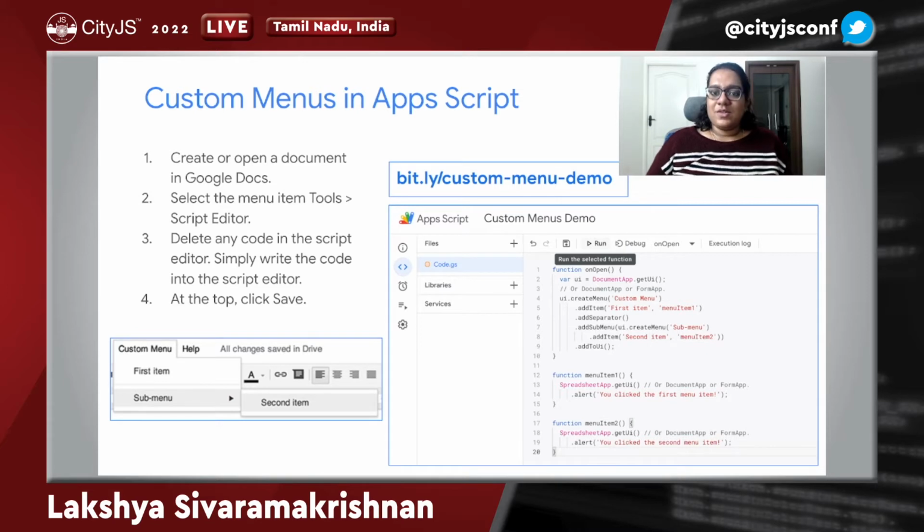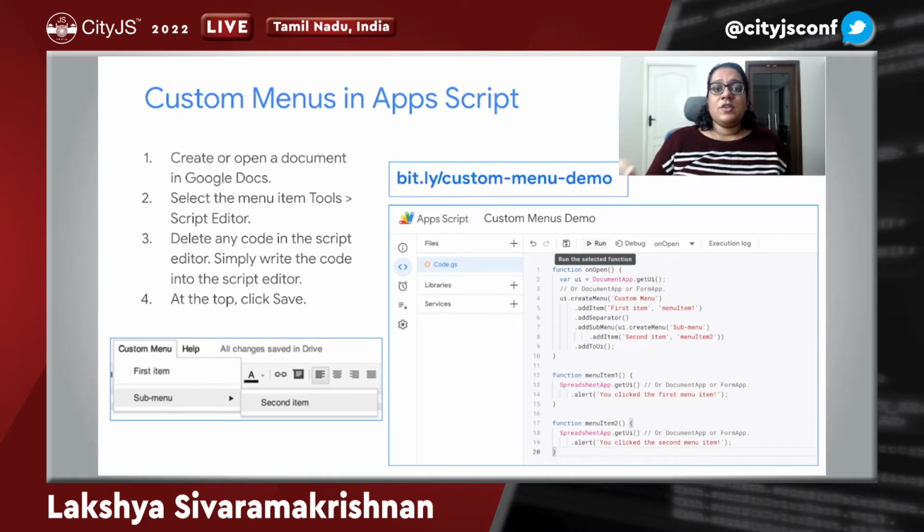Or what you could also do is open a new document in Google Docs, go to Tools and Script Editor. You will find Tools in the menu bar. Delete any code that exists in the editor and enter the code that you see on the right side of the screen.